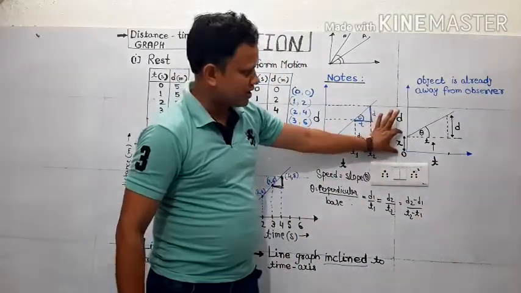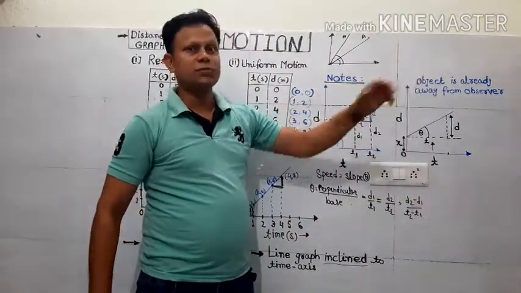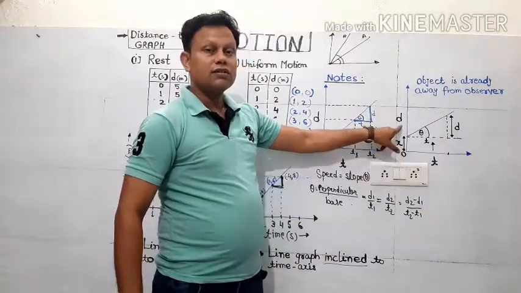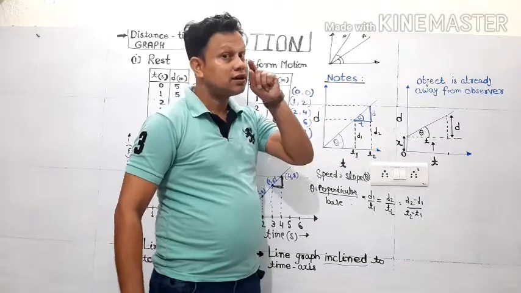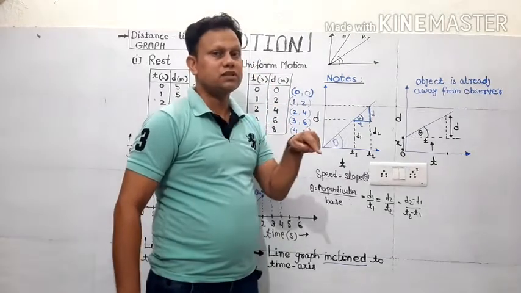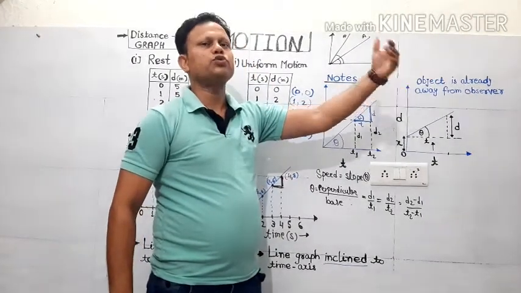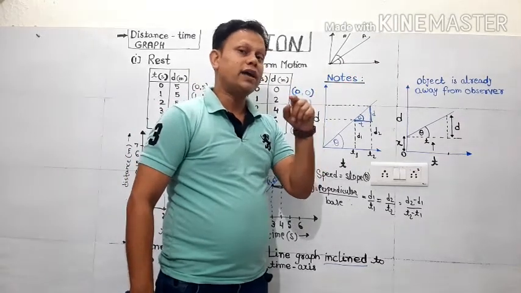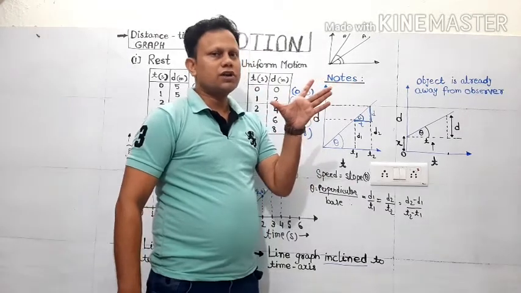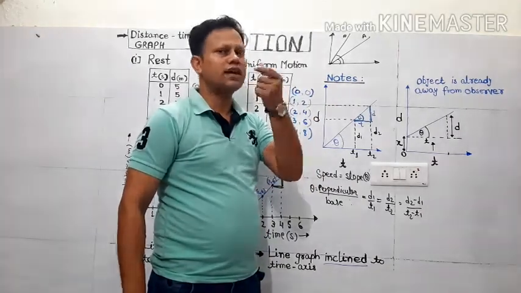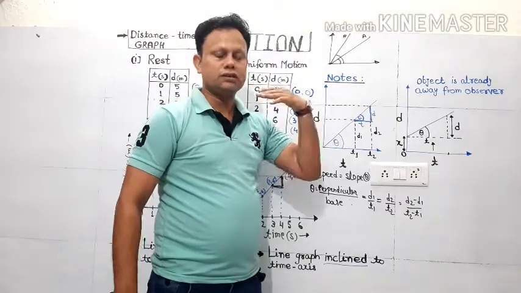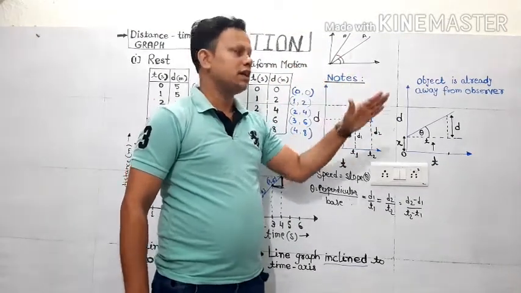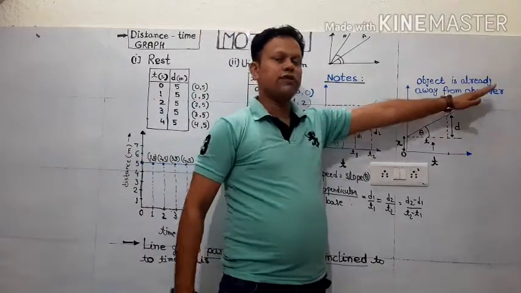Suppose I have shown it by x unit. Suppose somebody is already 10 meter away from me. So what I will take, at 0 second the distance will be 10 meter, not 0, because it is not passing by me. And after that the speed is supposed to be 2. So what will I write? At 1 second, what will be the position? 12 meter. Why? Because he was already 10 meter away from me. Now since speed is 2, the body can add only 2 meter in the distance from me. So after 10 it will be 12, then 14. In that situation you will get this kind of graph.